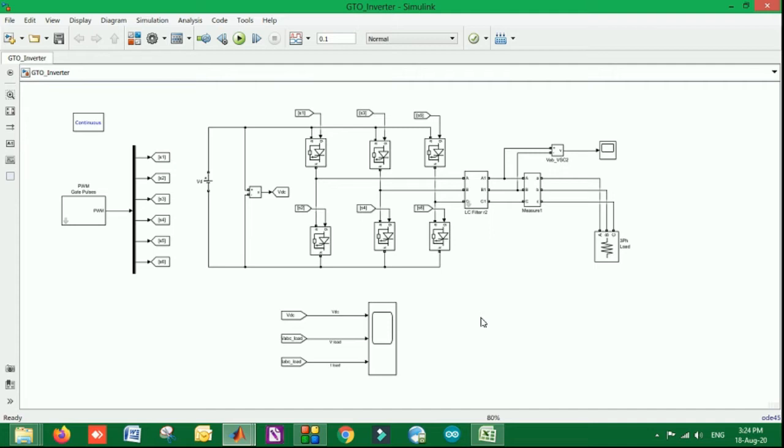This is basically by using the GTO. Here we are transmitting DC voltage to the inverter and it is giving us an output. When I run this, you can see this is a Power GUI based Simulink model. When I'm running this, you can see there are the scopes for the demonstration purpose, and with respect to time it is processing the whole model. Let us complete it and have a look at what exactly it is.